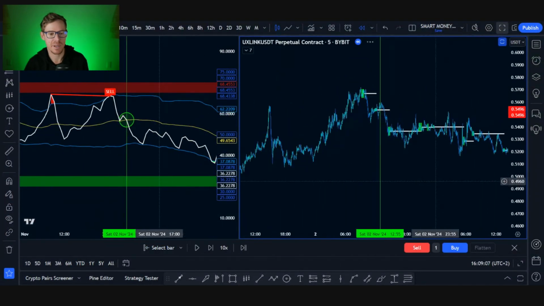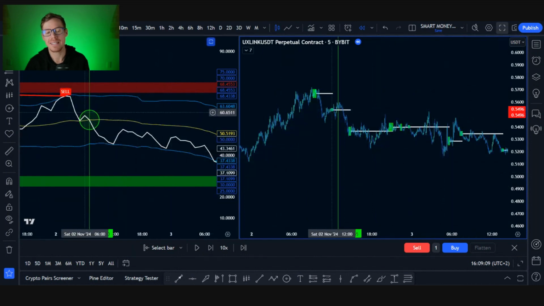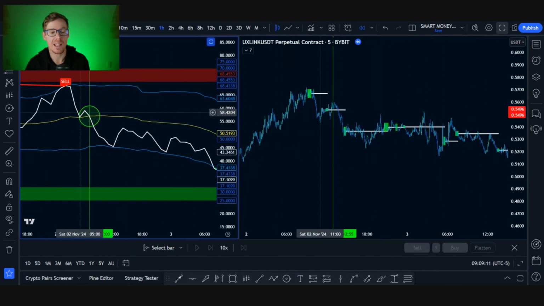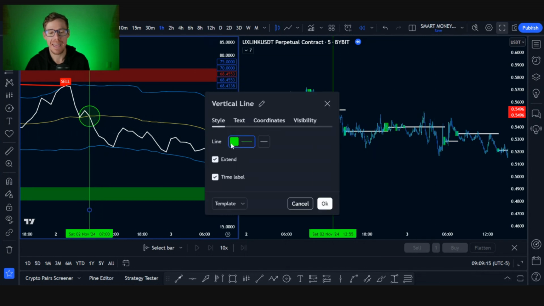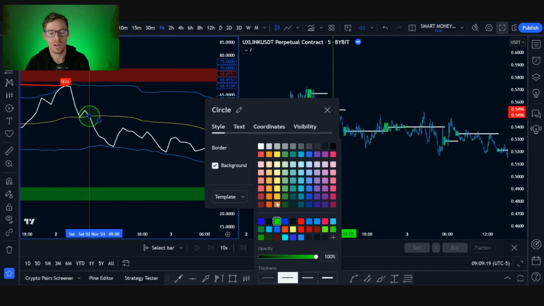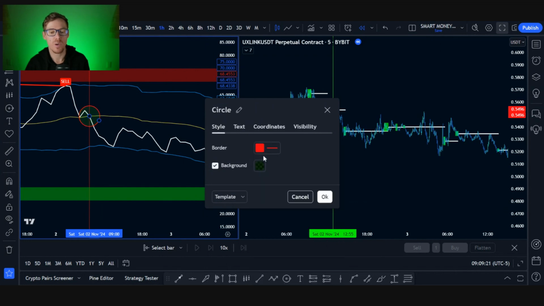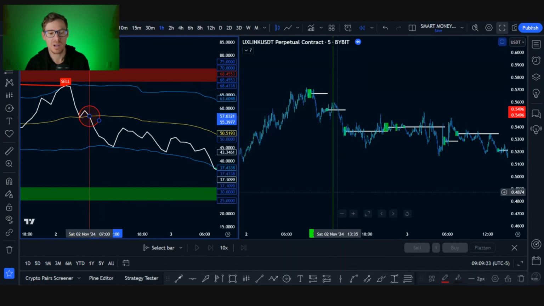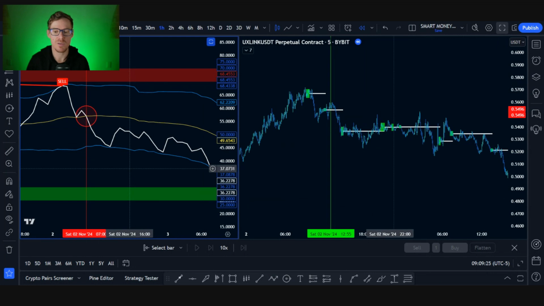Fantastic, fantastic. So from this point onwards, you can clearly see that the white line is below the yellow line. So we are in a bearish sentiment from here onwards. So we know now I'm not going to look for any long positions. I'm not going to try catch any reversals, because remember, if I now start looking for reversals, I'm switching my